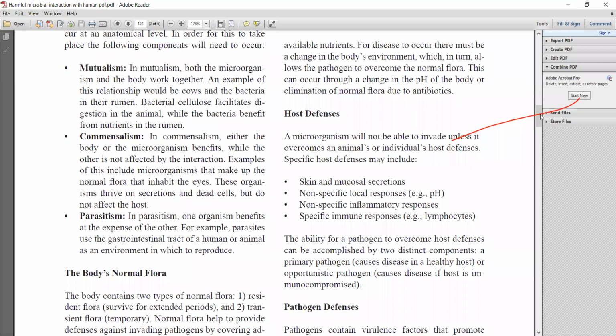Okay, so this is about the host defense. Then pathogen defense. What is pathogen defense? A pathogen contains virulence factors that promote disease formation and provide the opportunity for a microbe to infect and cause disease. The greater the virulence, the more likely disease will occur. Virulence factor